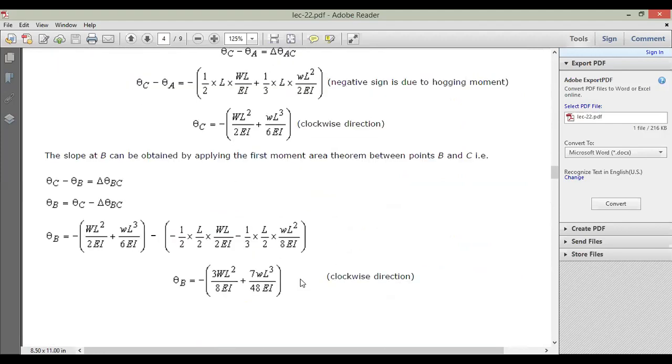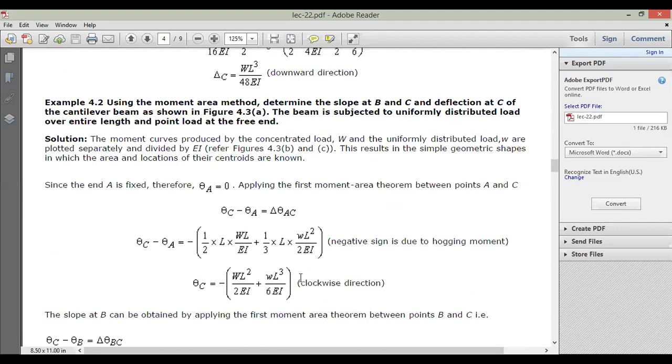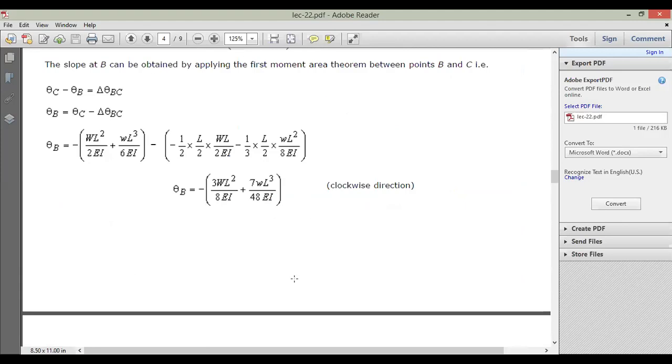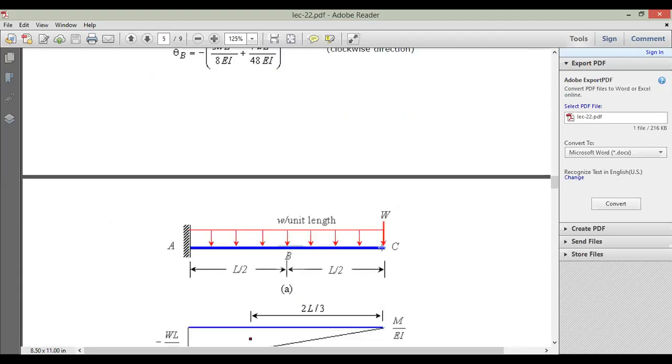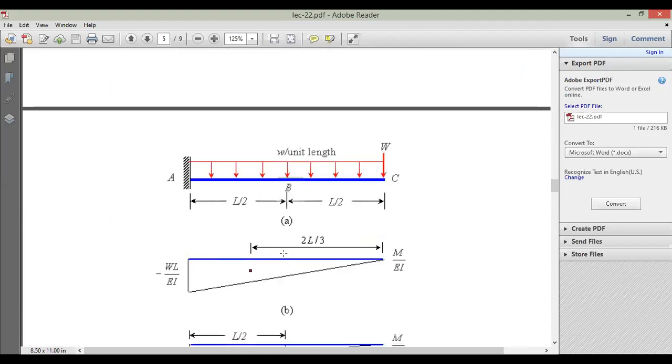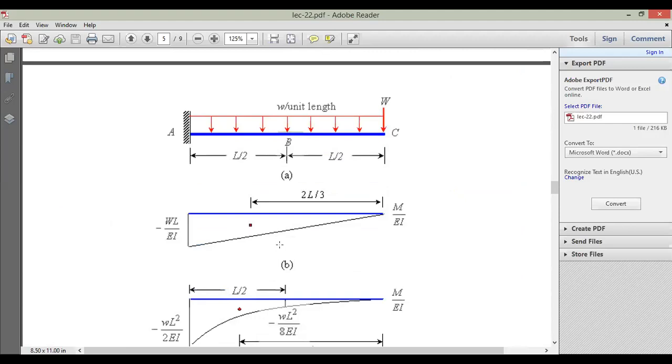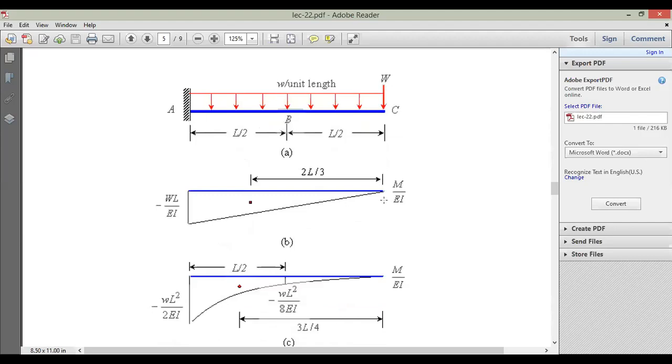Now we can see another example. We can see another case where we have one free end, another fixed end. You can see this is cantilever beam. So this is the case of cantilever beam. Similarly, first of all, we have to find bending moment, then maximum deflection. This is bending moment by EI, starting minus WL by EI. This all we have done in exercises we have done in the bending moment and shear force diagram.